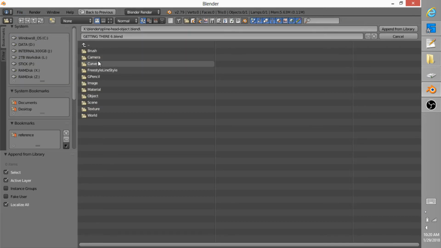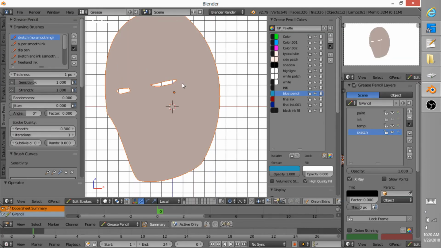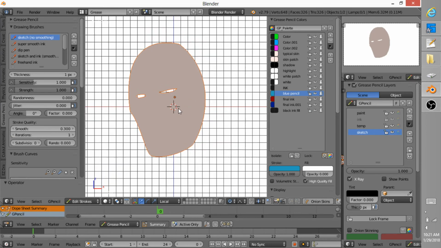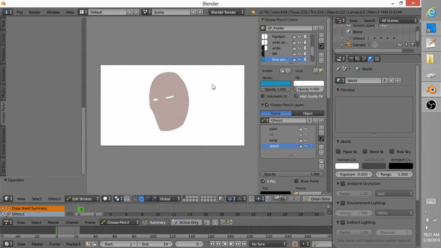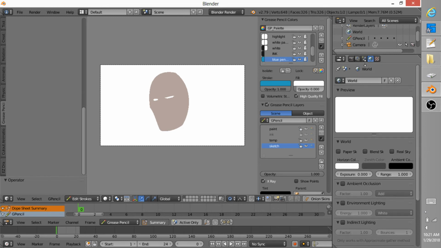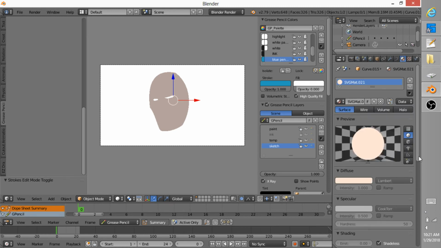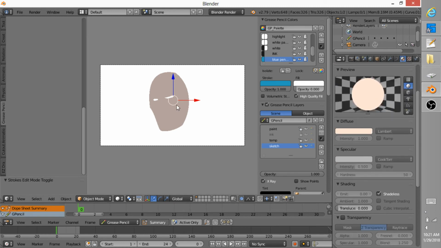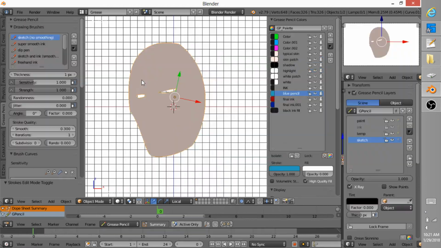Okay, if I go into, I'm going to append this from another scene. Okay, I have this spline object. If I look at its material, we probably want to make the material, sorry, let's select this. Okay, make its material shadeless. Yep, it is already. Okay, good. So I'm going to go back here,